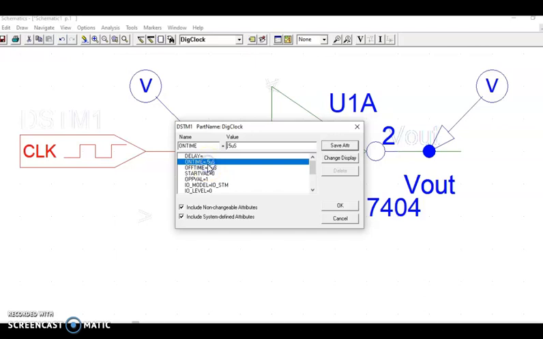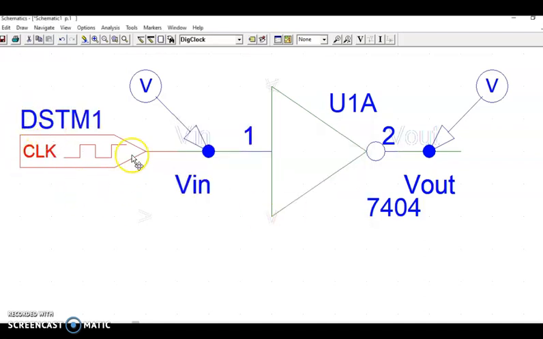We'll set an on time and off time. So you can set any time duration. So I'll be setting 2 milliseconds on time. Click on 2 milliseconds and then save attribute. So I'll be setting 2 milliseconds off time. So save attribute. Then click on OK. With this, I've set the time duration for the on time and off time of the digital clock.